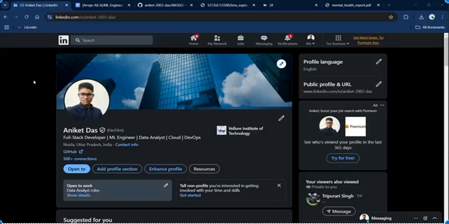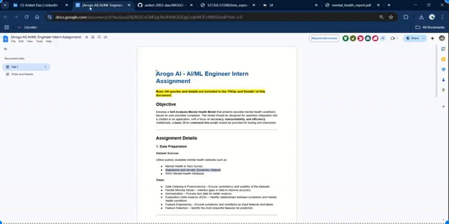So for the structure of the video, I would first explain the datasets, what and how I propose the solution, and how I am going to predict the possibilities, and then we would move on to methodologies and implementation. For the task, we were given to develop a self-analysis mental health model, and for the dataset, we were given liberty to choose any of our choice. I decided to go with the second one, depression and anxiety symptoms.